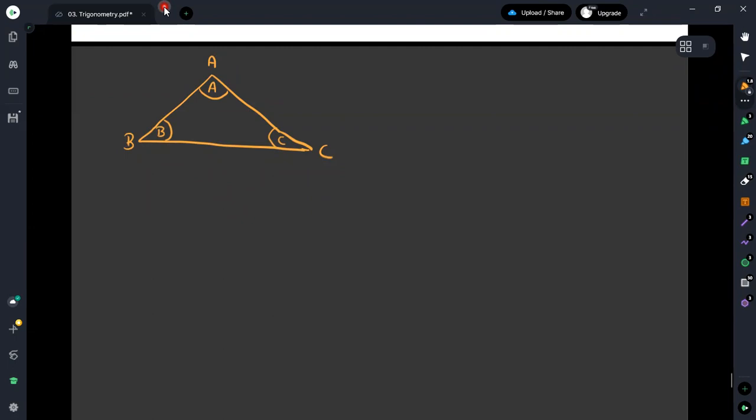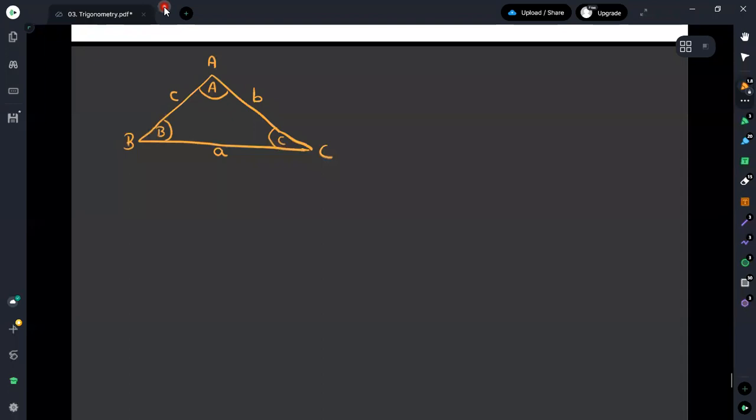Here we can see that the side BC is directly opposite to the angle A. Therefore, we can say the BC length is given as the length a. The AC length is exactly opposite to the angle B, therefore the length AC can be named as b. Then the length AB is exactly opposite to the angle C. Therefore, this can be marked as the length c.